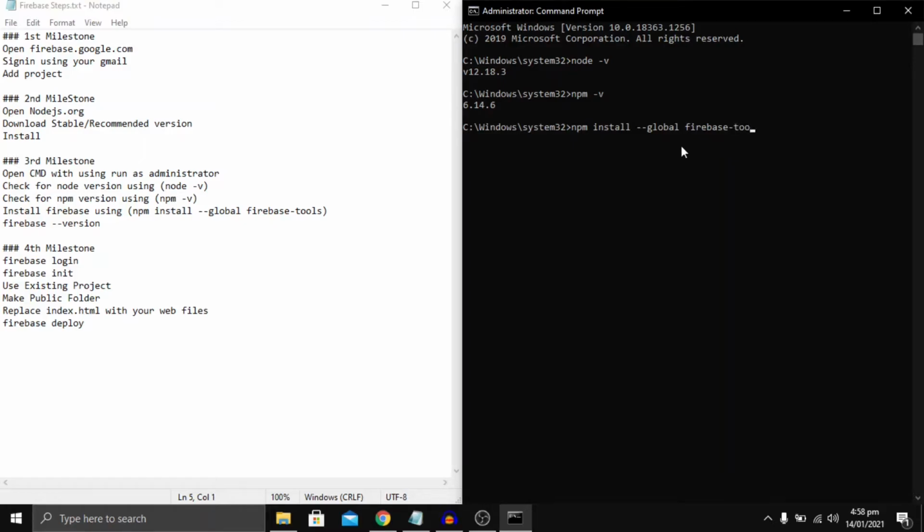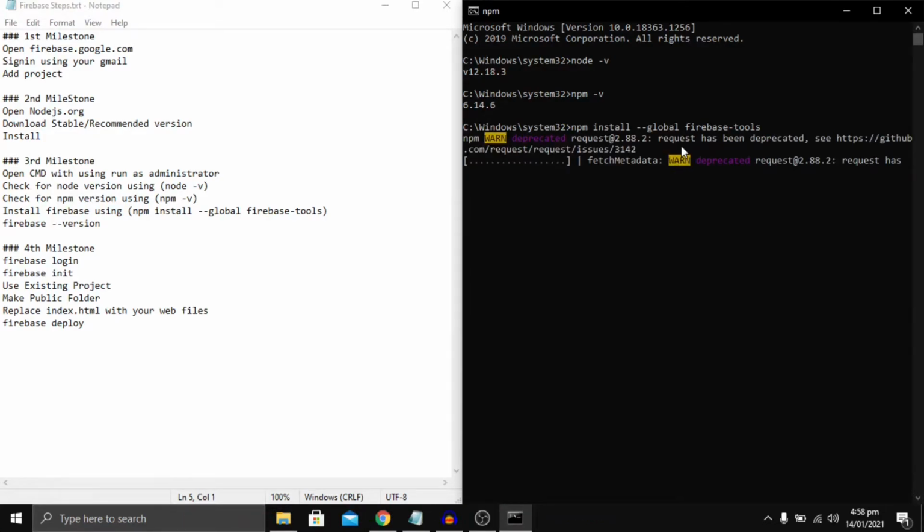What this command would do is install Firebase globally on your PC, so you can access Firebase tools from any directory on your PC. While installing Firebase tools using this command, it all depends on your internet connection. It can take around 10 to 15 minutes.